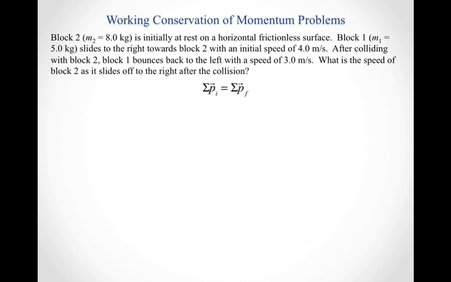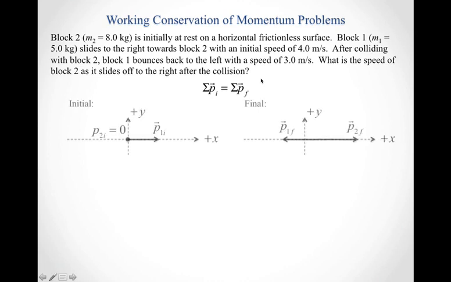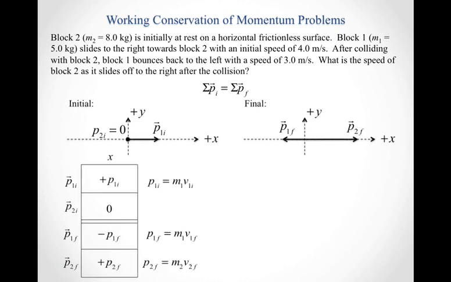I know I want to set up the conservation of momentum, telling me that the total initial momentum of my system is equal to the total final momentum of my system. And again, in this case, that's a one-dimensional problem, so I'm just setting up what's going on in the x direction. Given my choice of coordinate system, I know that the initial momentum for block 1 is going to be